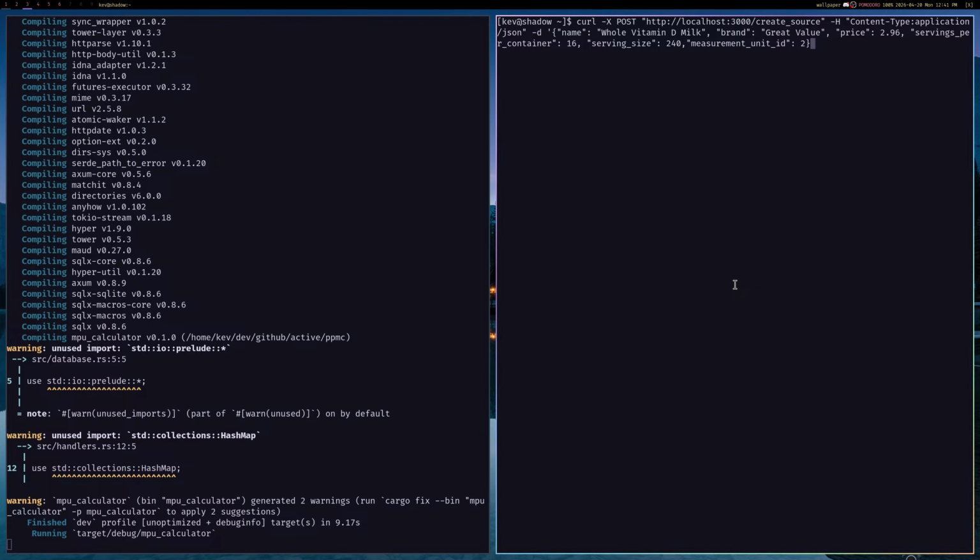So Control E. Let's just honestly wait, no, let's just go, let's look for curl create source, just edit this as create meal. We'll keep the name of this meal,